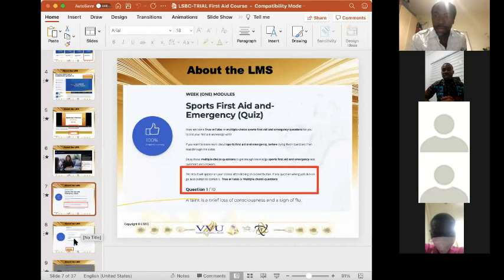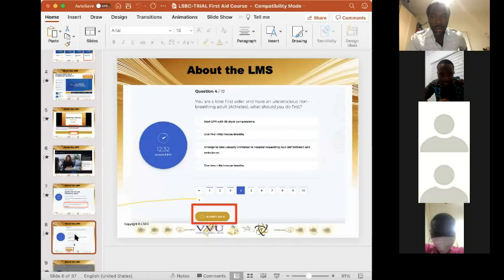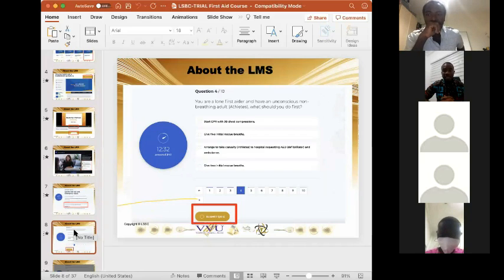Once you are done with the lesson, you are reminded that there is a quiz, which is very important. You take your quiz, and on the next slide, you would see on your left-hand side a blue button which indicates time. You would see 12:32. You are reminded that all the quizzes you take are time-bound, so work within the stipulated amount of time so that it helps your delivery.